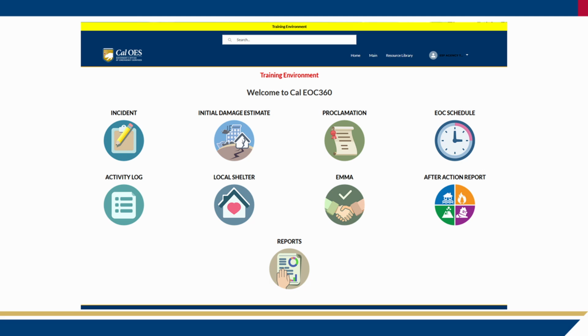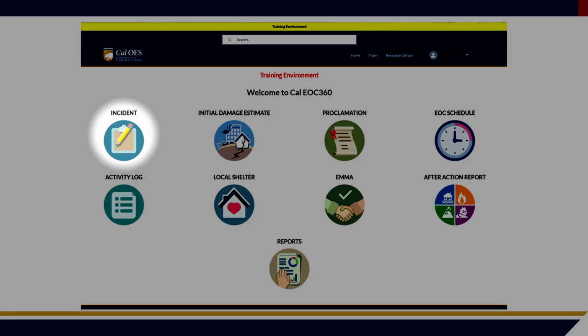Cal EOC 360 is a set of 8 applications and is icon-driven, meaning each icon activates a different application. Each application offers a different way to document different circumstances. For instance, when something happens and you have an incident that you need to work on, you create an incident. Under the incident, you may create an initial damage estimate, you may receive proclamations, set up an EOC schedule, activity